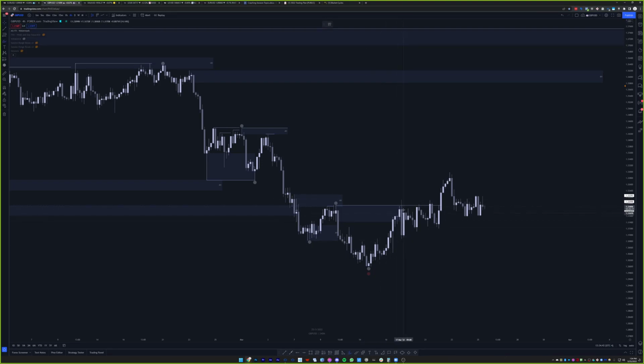Again, we get a bit of a pullback, but here's the thing: the sweep has no follow through, right? So that kind of tells us price is compressing essentially, right? We don't see any demand. You see, there's a reaction when price comes back. Yeah, but it's so short-lived, right? It's just small intraday trades. For this sweep to work, when price reacted, at least it should have broke this.